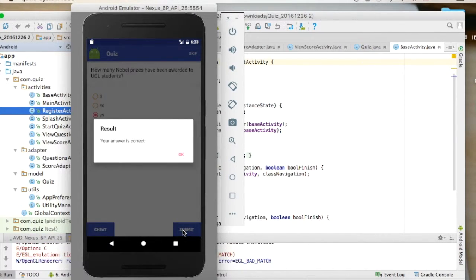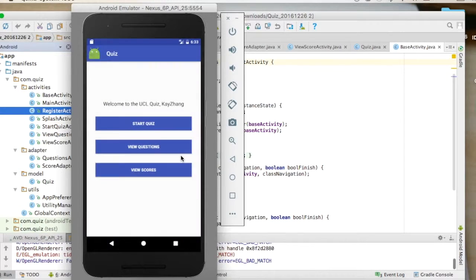The benefit of this implementation is that we could easily add and remove questions from our quiz. Now that we have finished the quiz, we will immediately see our score for this round, and we will be directed back to the main menu where we can start again, choosing from the option of Start Quiz, View Question,